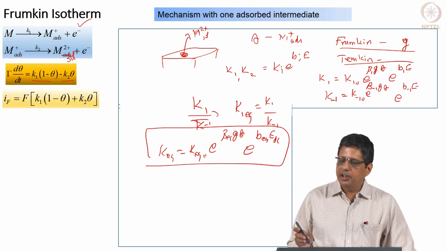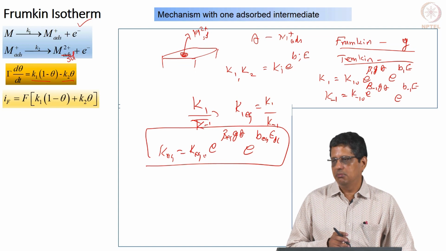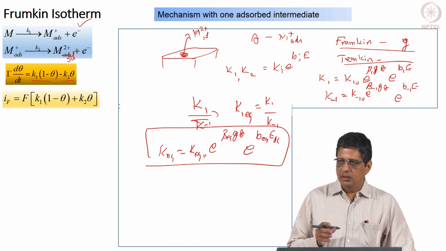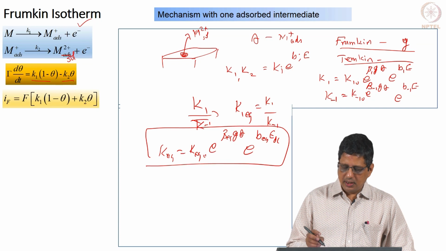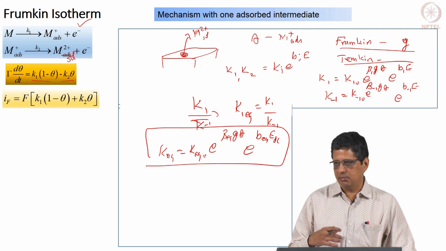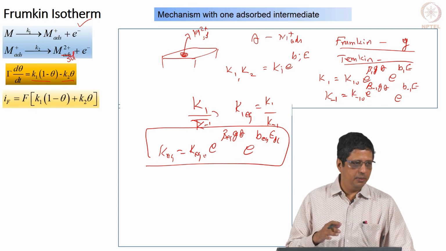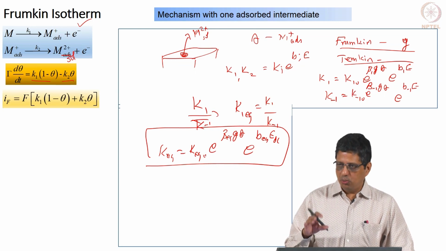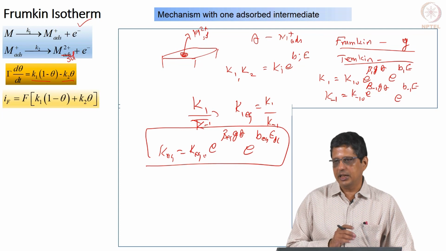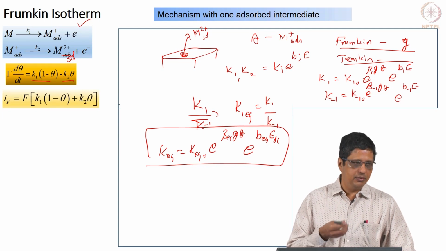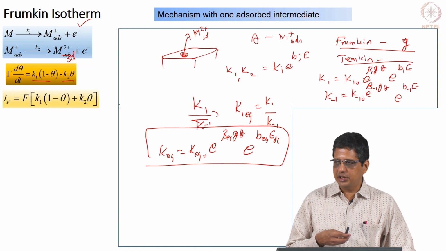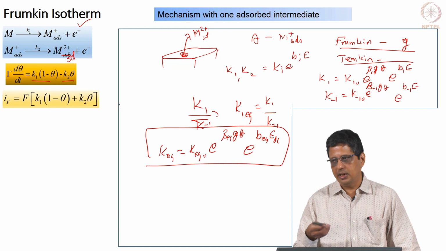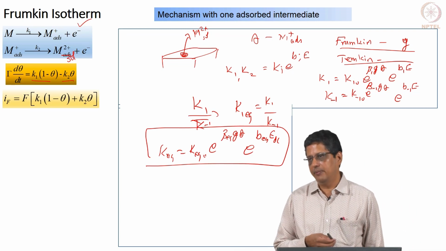The form of Frumkin equation and Temkin equation will be same, meaning you can have a rate constant dependent on the surface coverage because the species interact. You can have the rate constant dependent on surface coverage because the sites are not equal, but both of them will give rise to the same expression at the end. So, you cannot really distinguish based on simple evaluation of a rate constant or equilibrium constant as a function of theta. You cannot say this is Frumkin isotherm or this is Temkin isotherm, they will look similar.